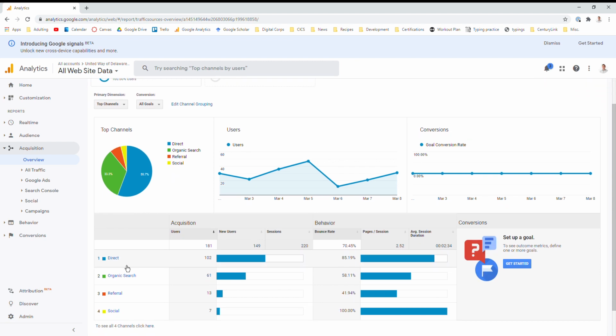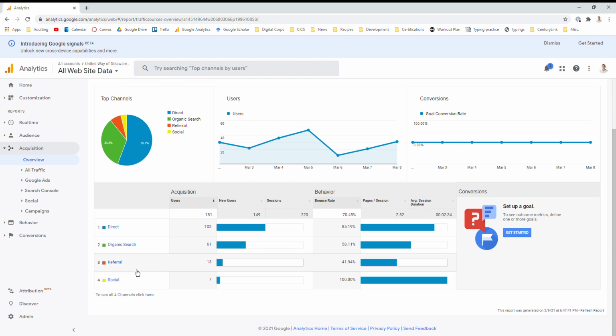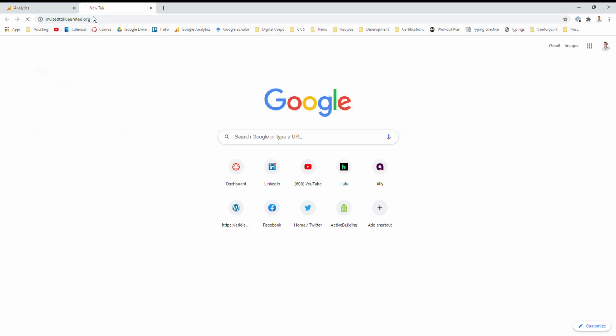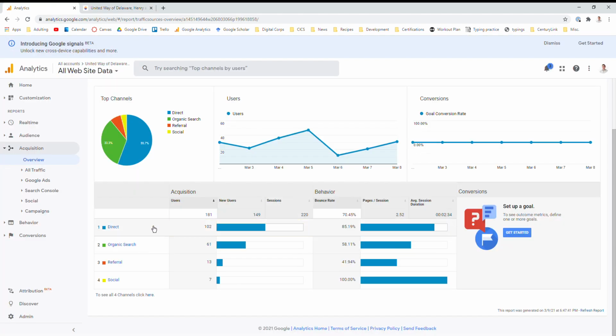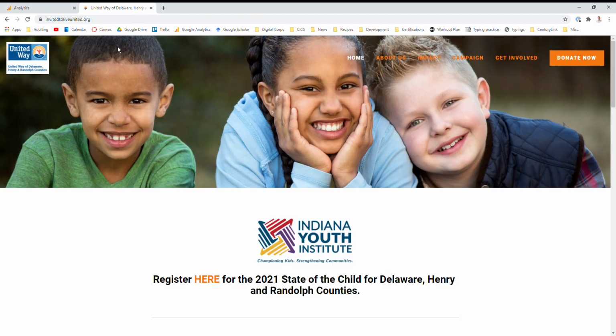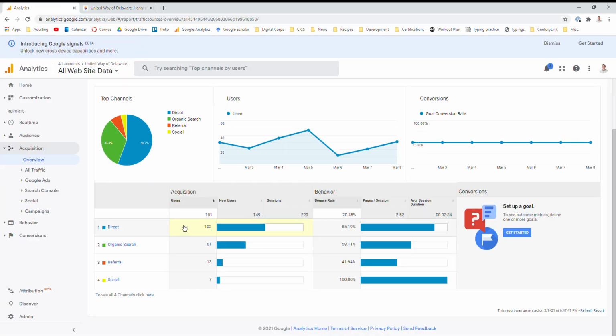So whether they were using direct, organic search, referrals, or social, this is all detailed in these reports. So a direct referral is someone who simply types in the URL, which is invitedtoliveunited.org, and hits enter, and they arrive on the website. That's what a direct referral is. So 102 people did that, which means that either people really are aware of what this URL is, they have it bookmarked maybe, or there's also a chance that the admins like Holly and Laura and our client keep visiting